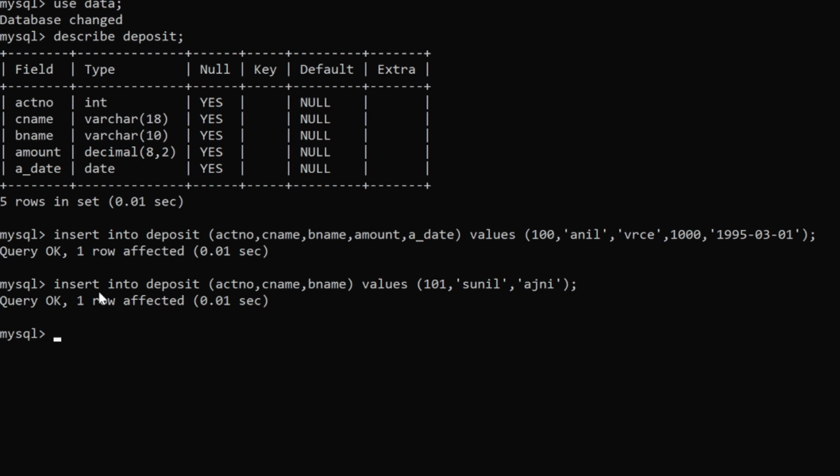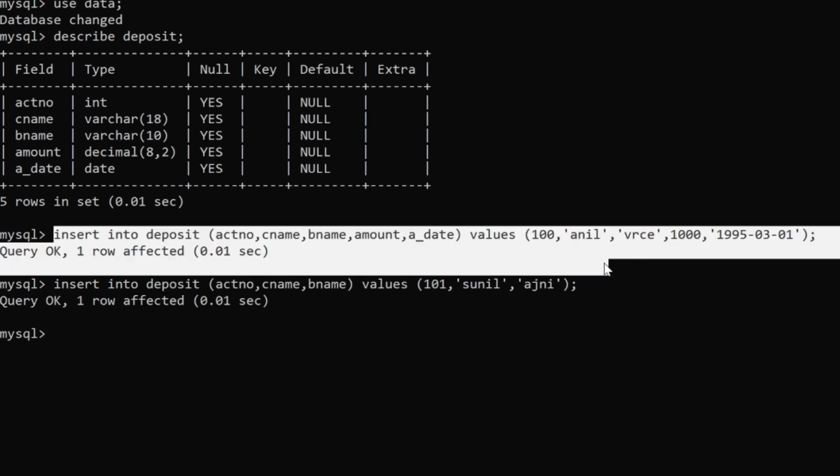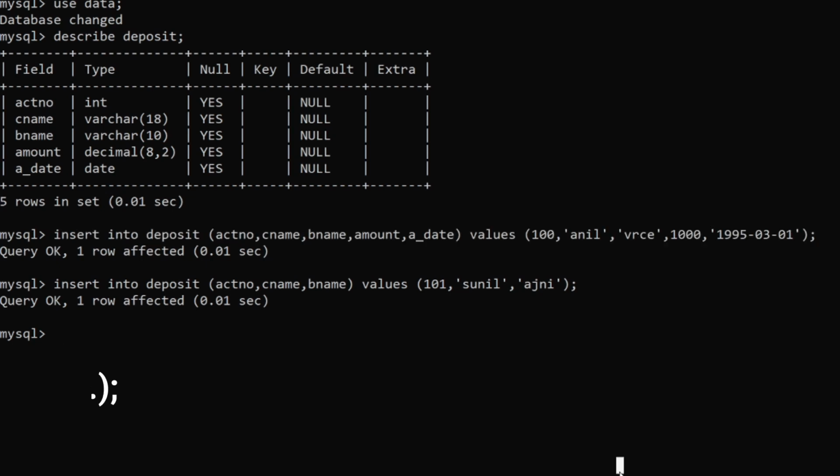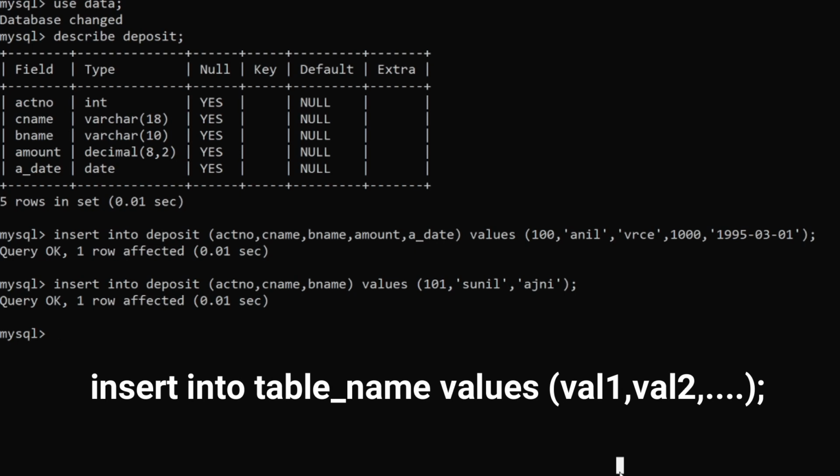And if you want to insert the information in all the columns, this process is lengthy, you have to write the whole name of the columns and their values. So the shortcut of it is insert into table name, values, and the values.